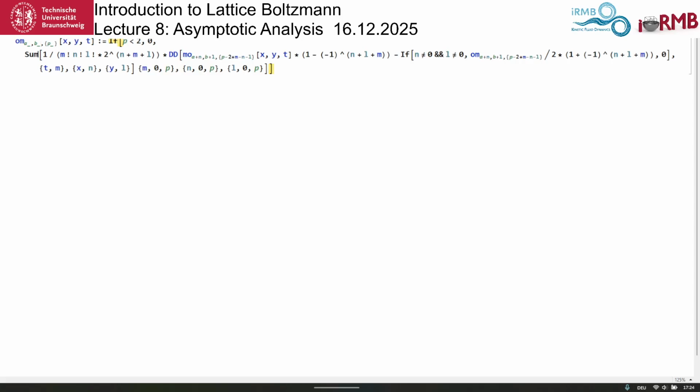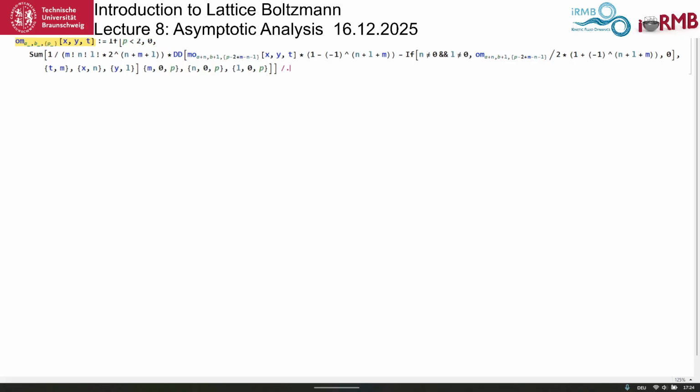Okay, I want to do something else here. I want to also introduce the collision operator, where I said that the moment... I need to give different names here because otherwise we have already A and B in the same function. So BB and say QQ of X, Y, and T is